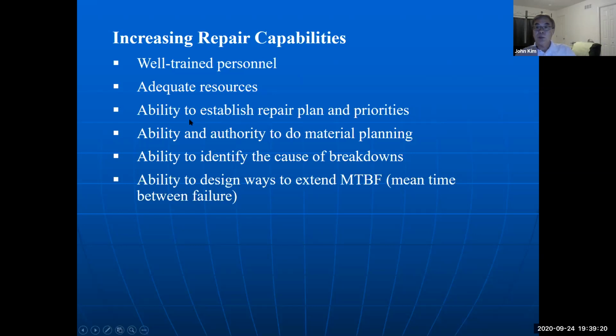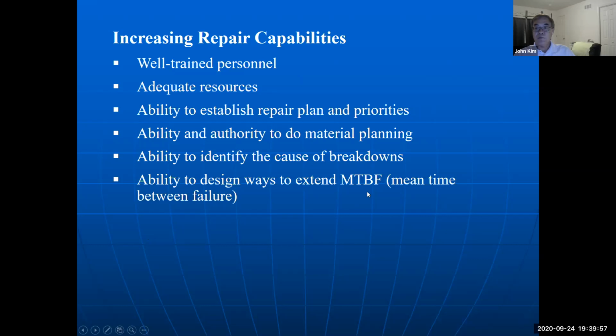And the ability to establish a repair plan, schedule, and priority, which one first, second, in order, and then authority. So given employee empowerment, the ability to identify the cause of breakdown. With well-trained personnel, we improve the ability to identify the cause of breakdown. And then using